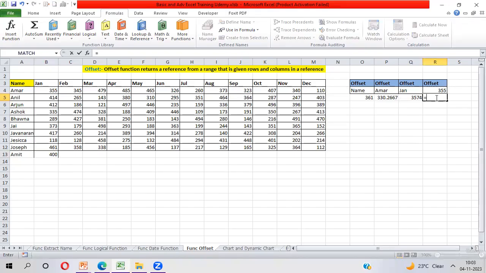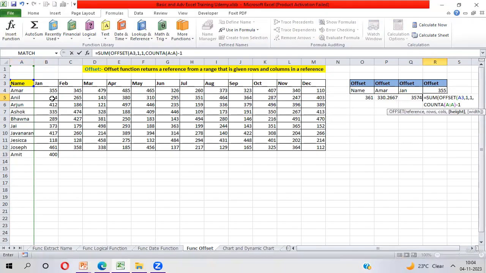So here I'm taking the SUM function, OFFSET, and here I'm taking base cell reference A3, one row movement, one column movement. As of now, your cell reference is one row movement, Amar, one column movement, this one. So your cell reference is B4. Now I'm taking height as COUNTA. Now you have to take count of any column where blank is not available. So here I'm taking reference of this. Okay. Bracket close and -1.